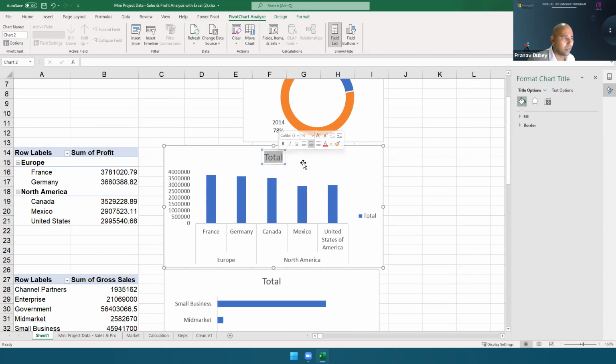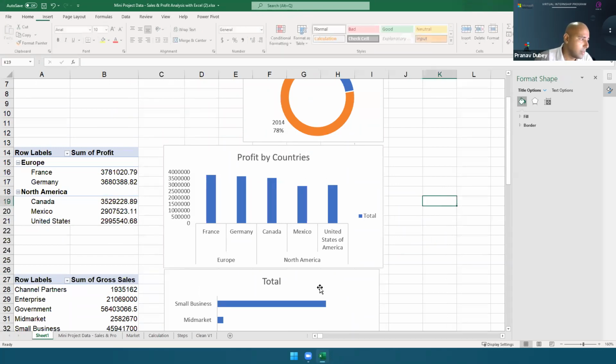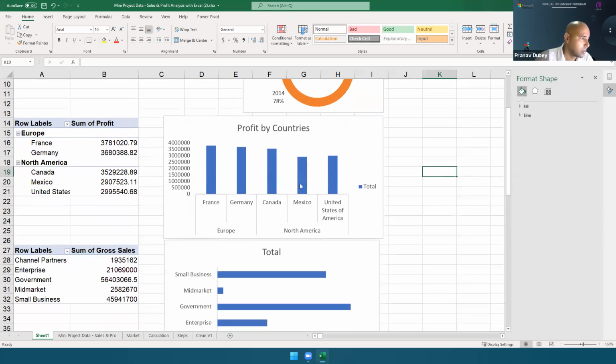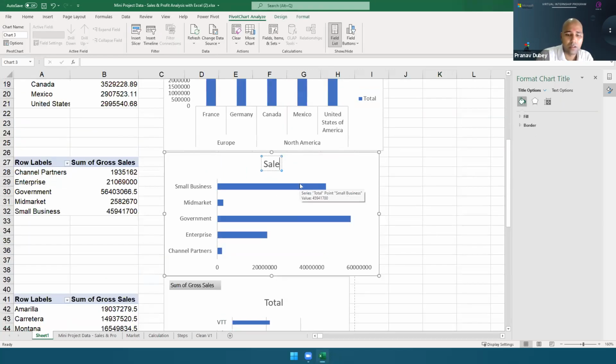So I can say total profit by countries. So if you give a proper name, then no need to add legends also. Profit by countries. Similarly, here I will say sales by segment. Sales by segment.